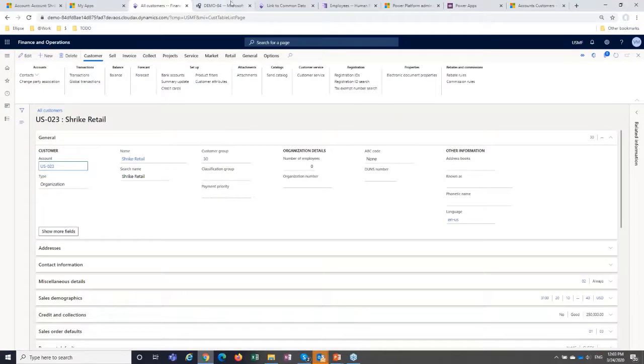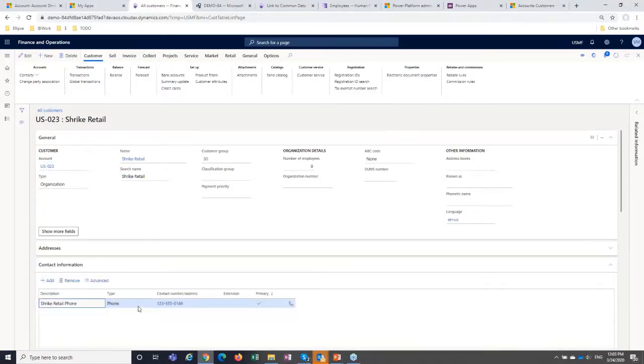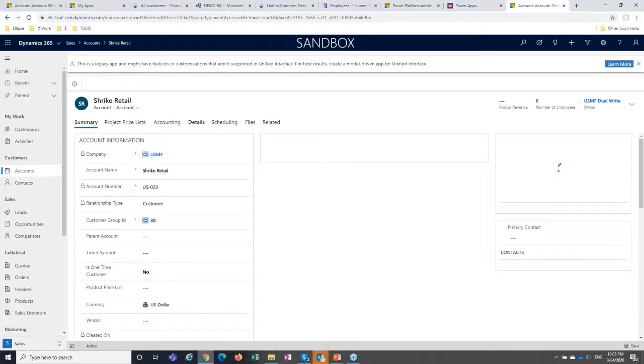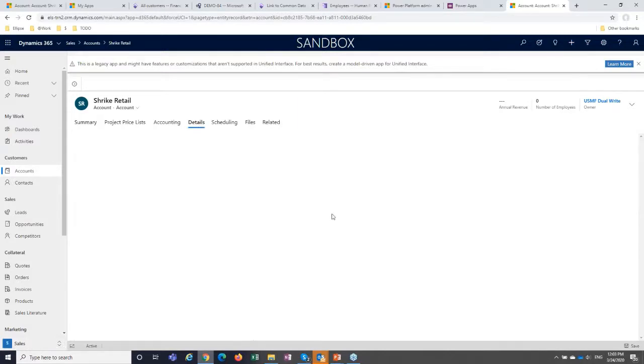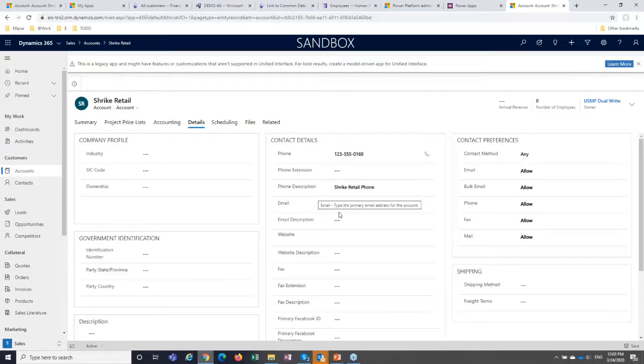So this guy, contact information. Let's see Shrike Retail contact information. It has a phone. Still loading. Okay. Details, Shrike Retail. This is demo data in both systems. So let's see, no email description.